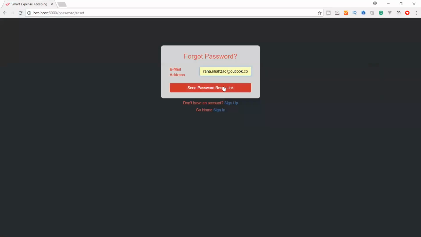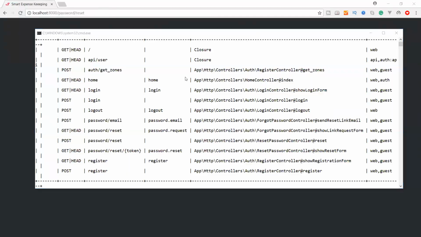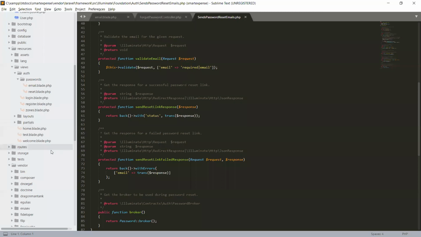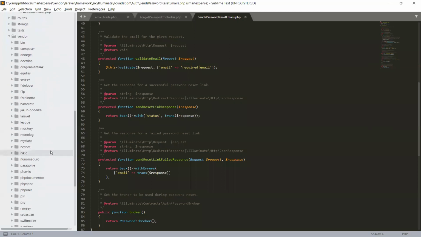So when we enter our email, send password reset link, it will email the link of the password reset with the token. And when we click on the email token link, it will ask you to put a new password and enter it. So when we submit it, what message goes to your email? Where does the message come from? We can go deeper into our Laravel, so we can find the source from where the email is generated.